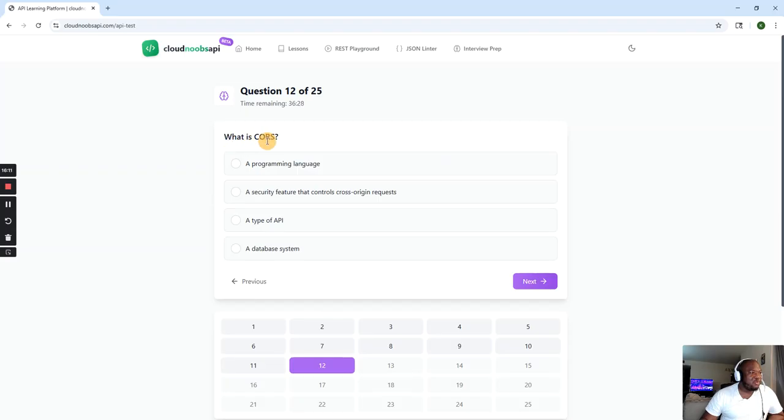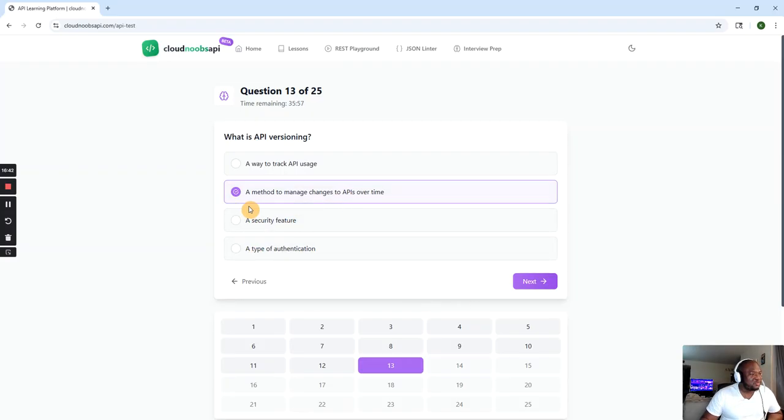What is CORS? A programming language, or a security feature that controls cross-origin requests. It has the name in there, so you can see that. Yeah, this is the right answer. What is API versioning? A way to track API usage, a method to manage changes to an API over time, an API security feature, a type of authentication.